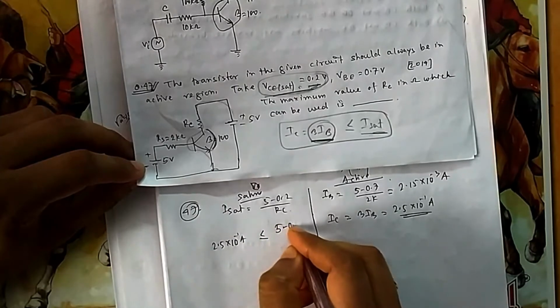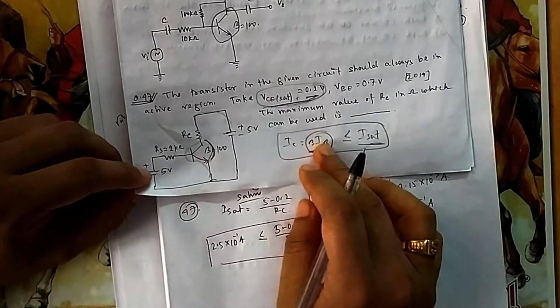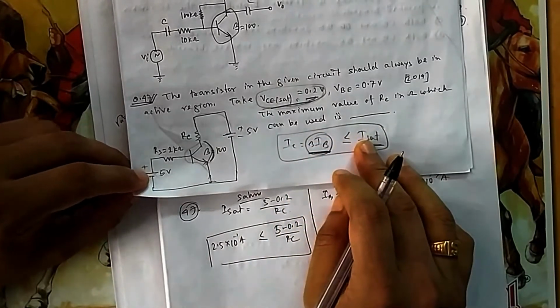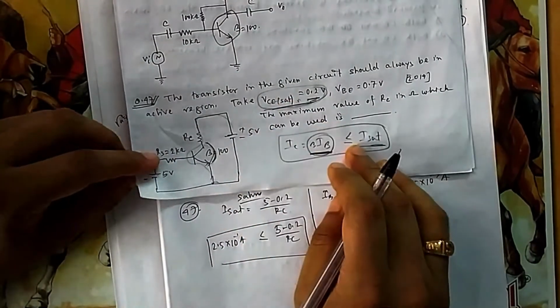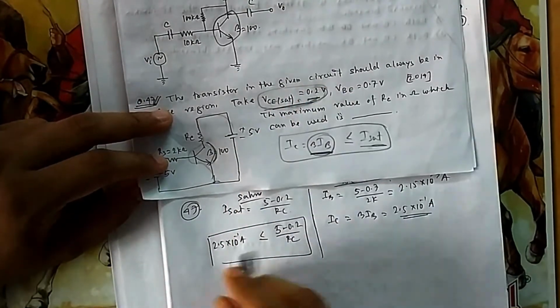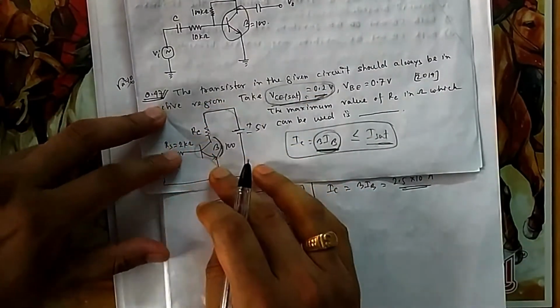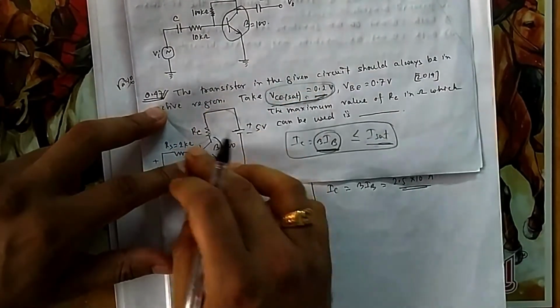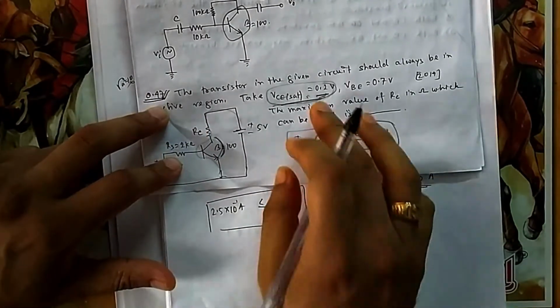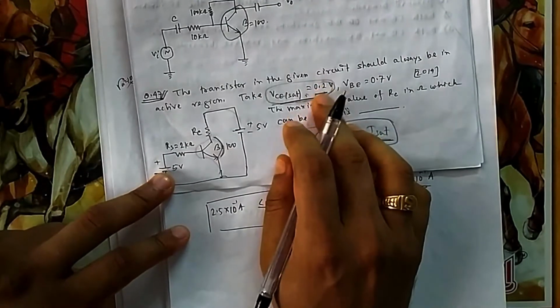So from here we will get RC. So this condition you have, whatever active current you calculate, that will be less than or equal to your saturation current. Because here we can calculate saturation current, that's why you have gone in this way, to use this data. Ideally it should be 0, so if I go this way, then it will be considered 0. But actually that is not the case. There is some drop there because they have mentioned it. So you need to go in this way.